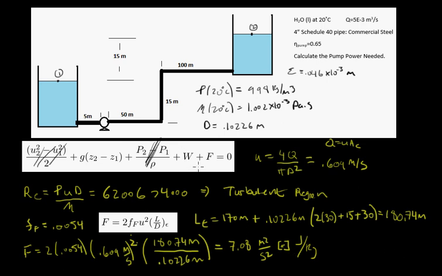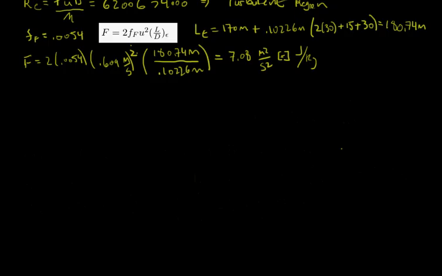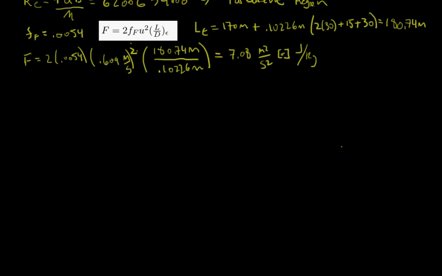Alright, so we're after work. We know our frictional dissipation. We know the potential energy, or it's very easy to calculate. So we can go ahead and solve for our work now. So let me just go ahead and scroll down a little bit. Okay, so what we're going to end up with is an expression that says that the negative of work is